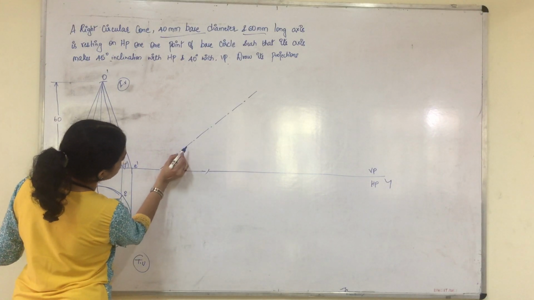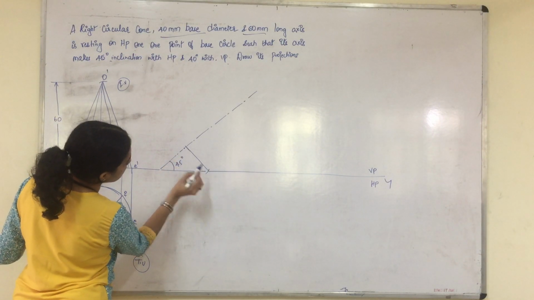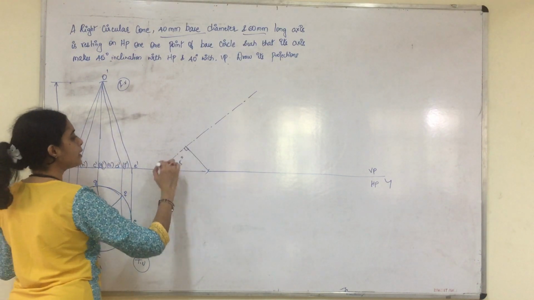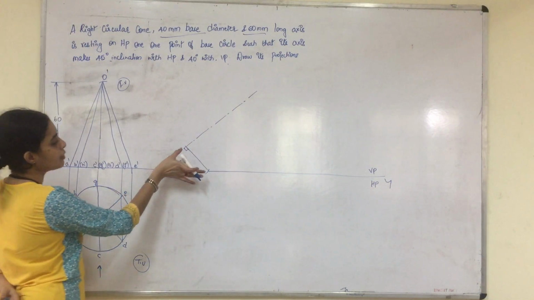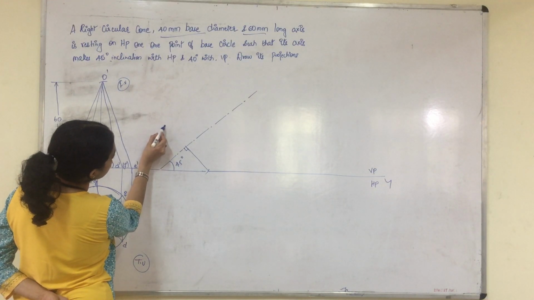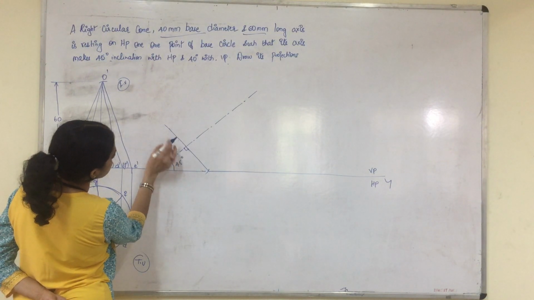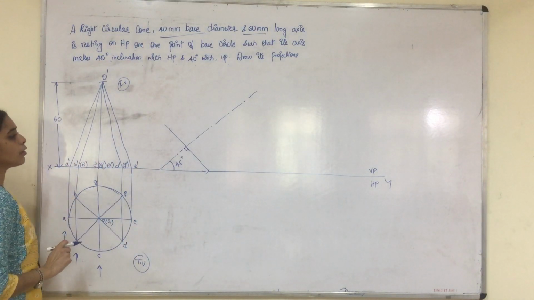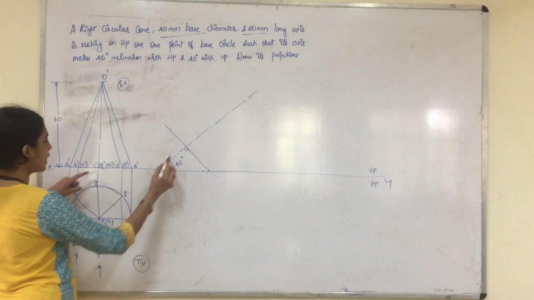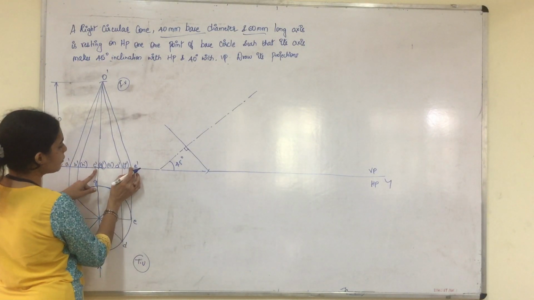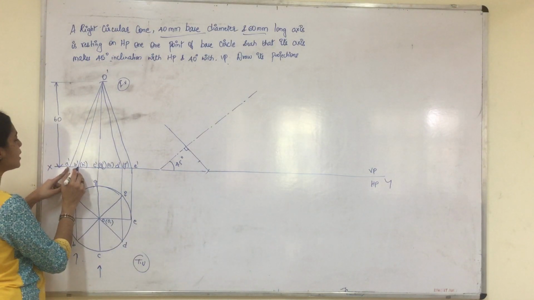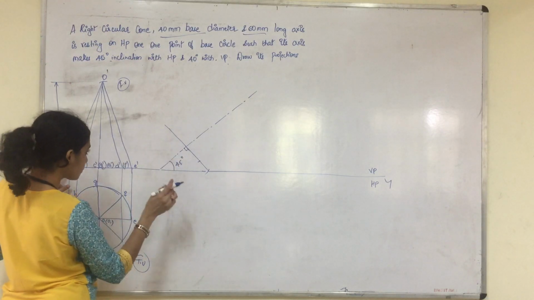From that reference point, just draw a line. This base will be exactly perpendicular to our axis line. Once you have constructed half the part of the base, extend it on the other side also. After that, we have to identify each and every point on the baseline. The center we have got already. Now identify from this corner to D dash what the distance is. Just cut an arc. And again measure the distance from A dash to B dash.